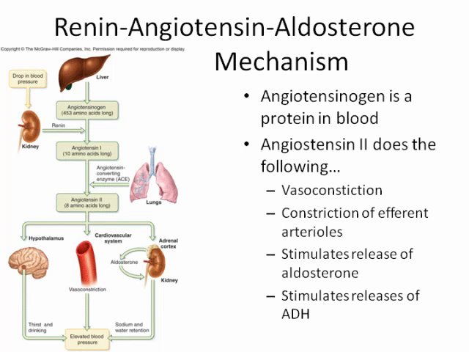You see a nice little diagram in front of you, and basically what this is going to do is cause vasoconstriction, to help raise or elevate blood pressure. Now, this whole system is activated when BP drops. And so when your blood pressure drops,